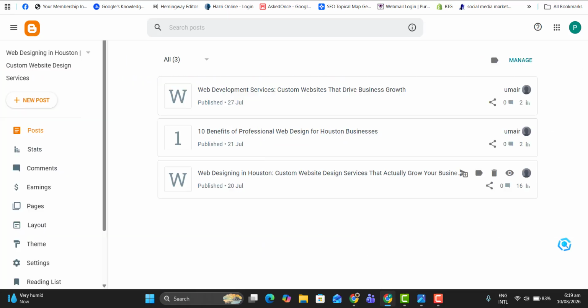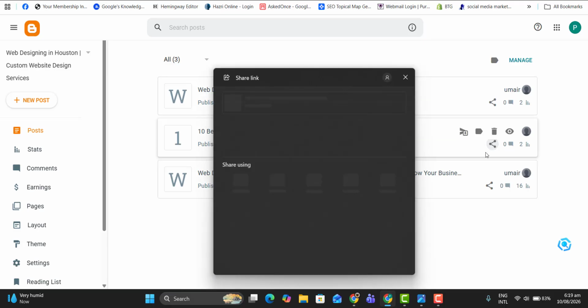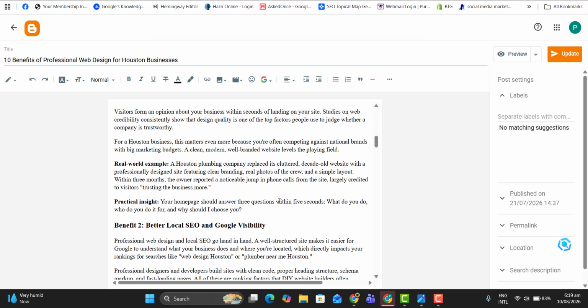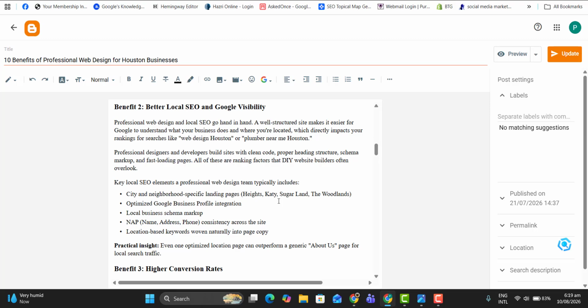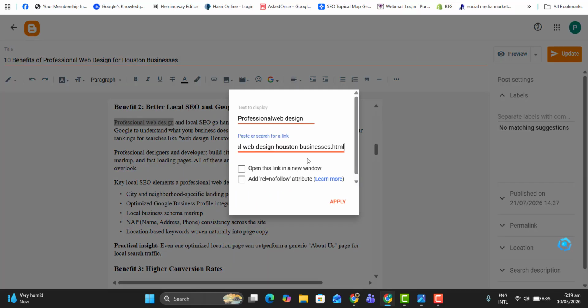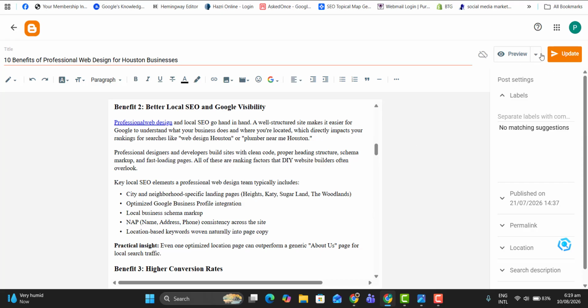So and now you can also copy this link to your internal linking, and you can also go to this page, and you can find a well designed professional web design that is relevant, and now you can just link to it and it will update your internal link. So this is how internal links work,